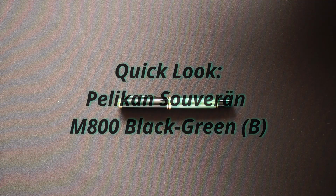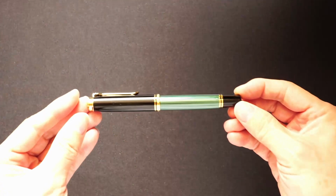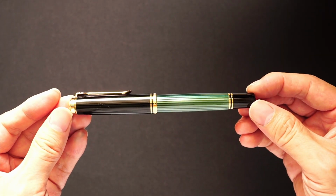Today we're going to be looking at one of the iconic fountain pens out there, the Pelikan M800 in green and black, which was the original color that was launched together with the pen in 1987. So first of all, I chose to get this pen in green and black